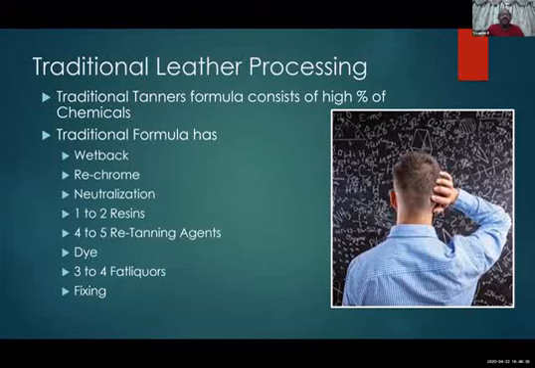Then they do a neutralization, starting with resins, 1 or 2 resins, either before or after neutralization, and different types of retanning agents, which include fillers and extracts and naphthalene, whatever the market has, they try to give options of 4 to 5. And then they go for the dyes, and then they have fat liquors and traditionally refix. So this is what I think is a traditional formulation happening in the industry, which I think most of the people will agree with.